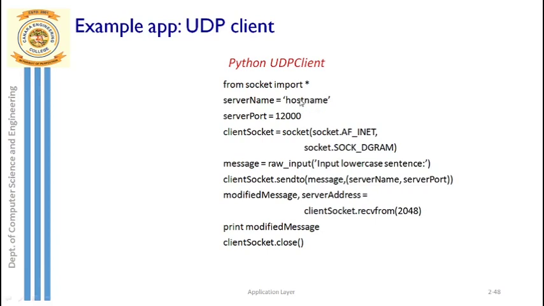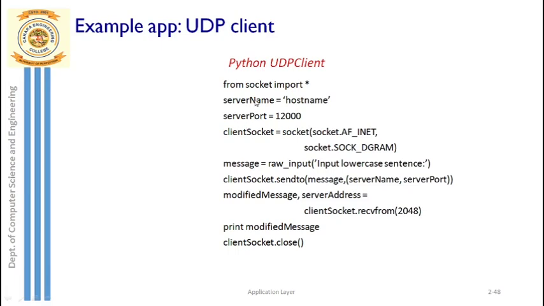Remember, the IP address is what is required, but if I don't know it, I can simply give the website address. But tell me, in order to develop the connection between client and server, can we simply have only the host name there? Is it enough? No, I want the IP address also. IP address is very important for developing the connection between client and server. Who is going to help me convert host name to IP address? It is DNS, right? If I give the server name as host name, then DNS will convert host name to IP address. Instead of host name, I can also directly specify the IP address, not a problem.